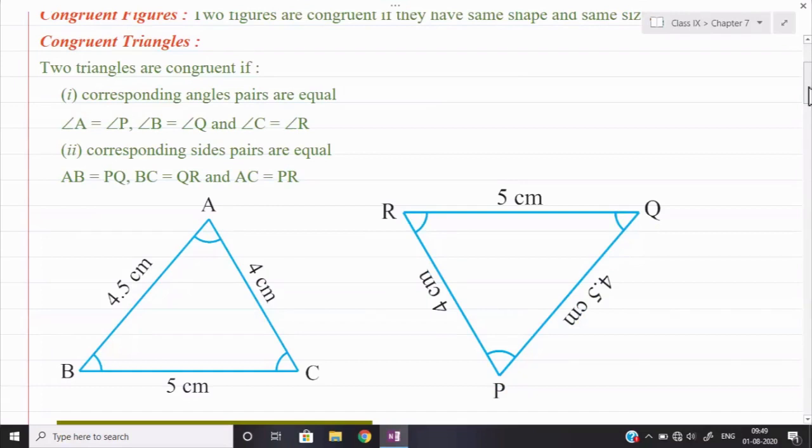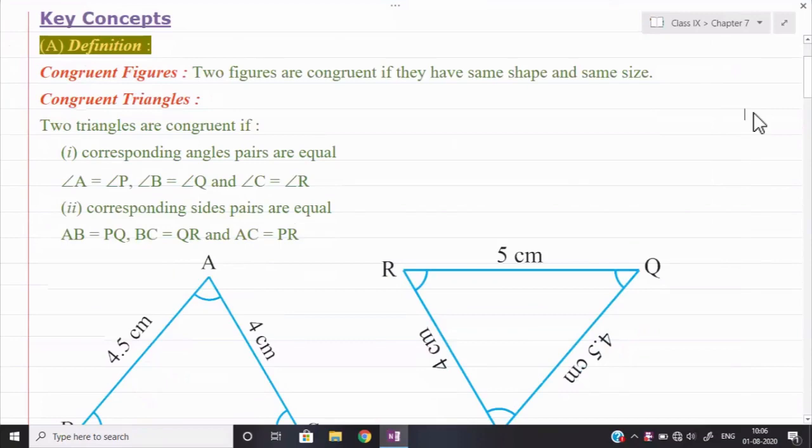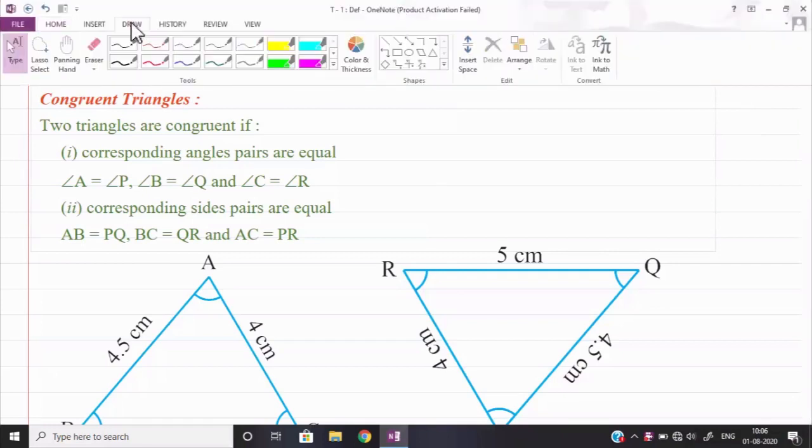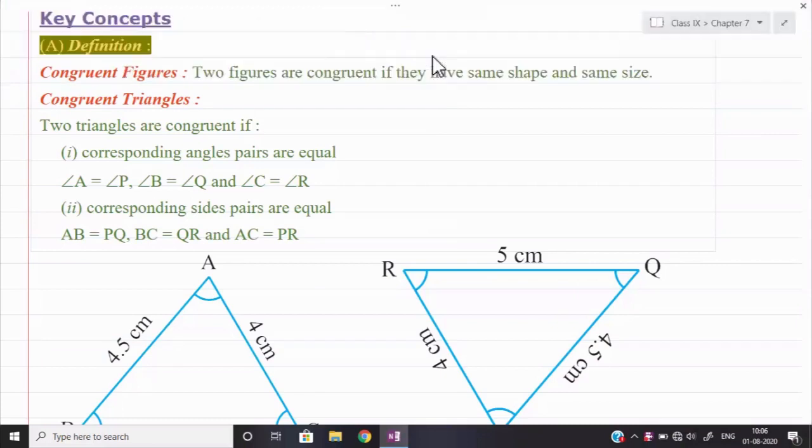First let us see what definition is given for congruent triangles. So we shall discuss the definition of congruent triangles. Congruent triangles are basically what? You can see there are two separate conditions given to us. Before I explain those two conditions, I will explain the meaning of the word corresponding, because as you can see, in the first part it is given that the corresponding pairs of angles are equal. So we shall understand the meaning of the word corresponding here.